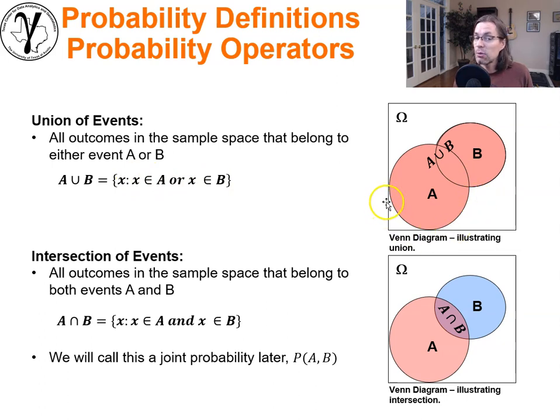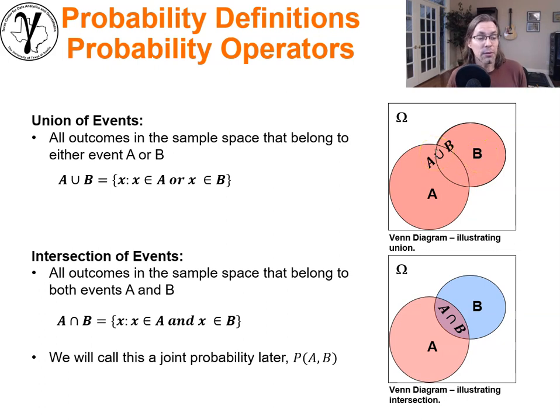Now visually, this is why we like Venn diagrams. It's really easy to understand, because the union operator is like the weld operator. It's basically taking these two shapes and welding them together. And this is what I'm trying to calculate. A or B would include the intersection of A and B. Also, it includes just B and just A. So it's this weld, and this is the probability I'm trying to work out.